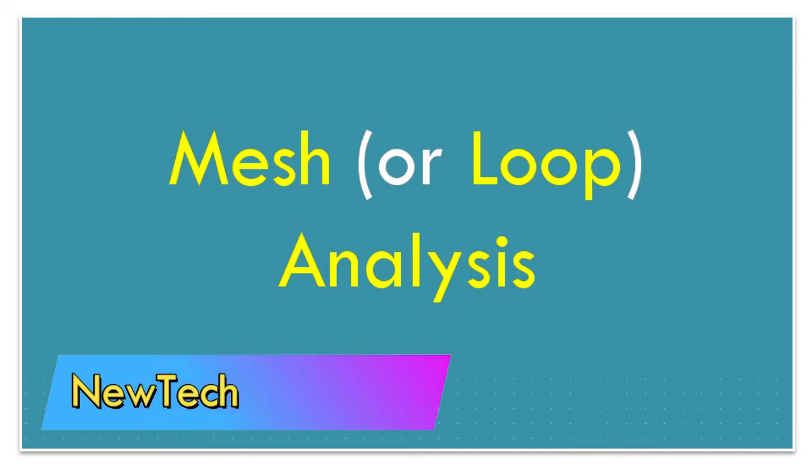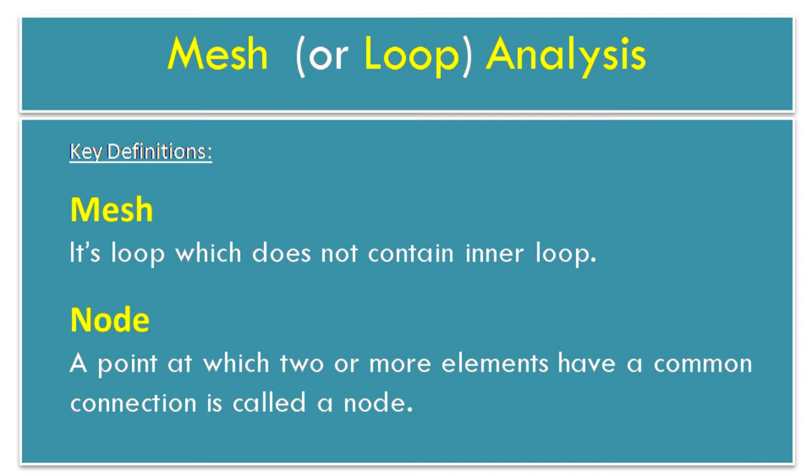In this video, we are going to study and solve an example on mesh or loop analysis. Let's start. Mesh or loop analysis is used in network or circuit theory to obtain mesh or loop currents using KVL and Ohm's law. If you are interested to study KVL, then a separate video of the same is available on the YouTube channel, or I will give you the link of the same in the description.